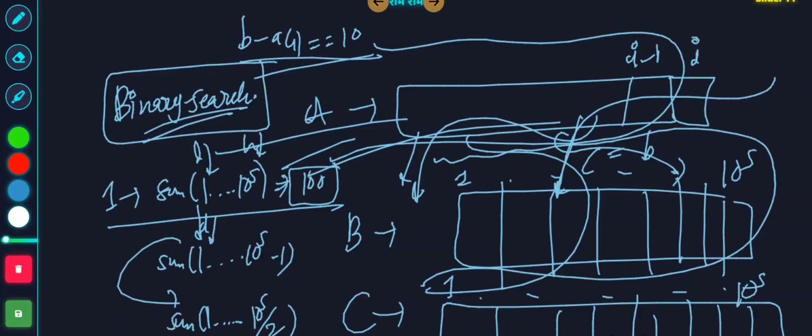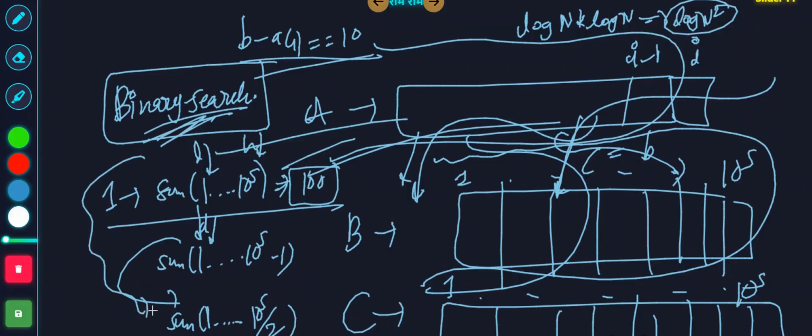So if you do like that, each query gets solved in log n cross log n time, in log n square time. So you have to make two segment trees. One is for the frequency array and one is for this B of u. Okay. And guys, one last crucial thing I did not explain